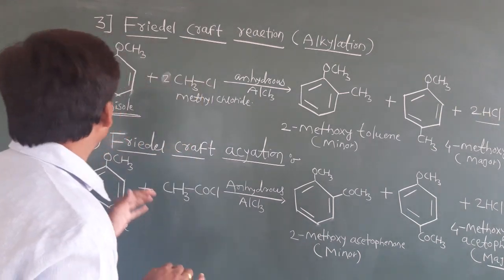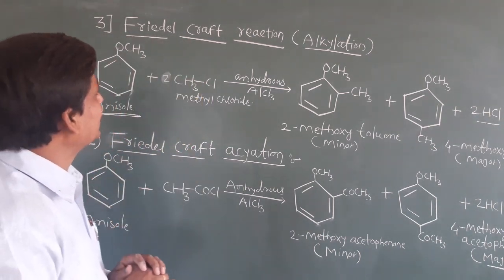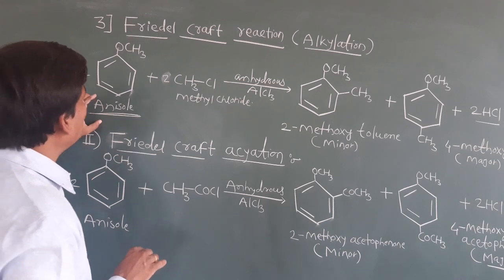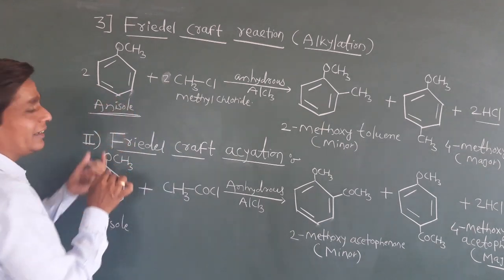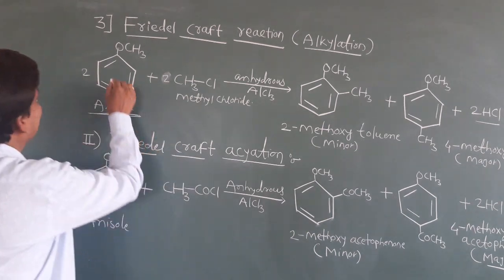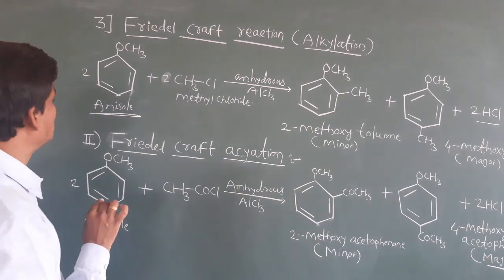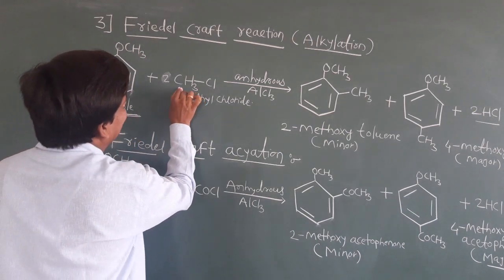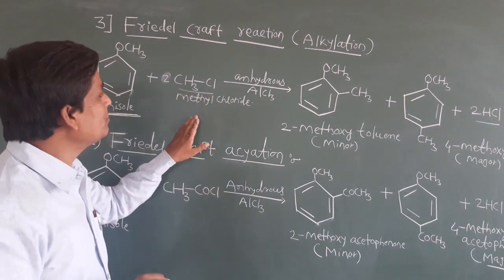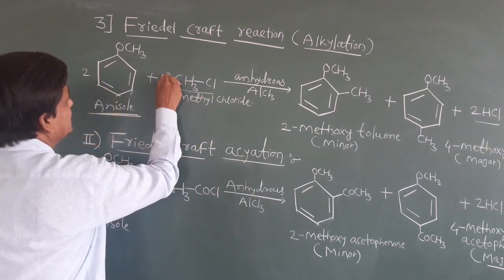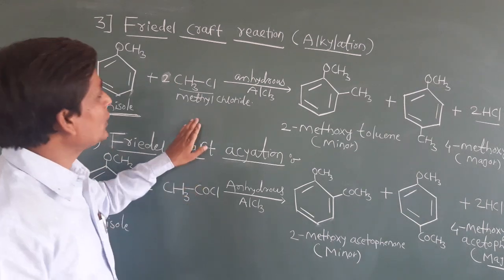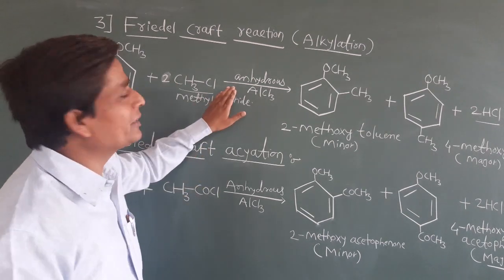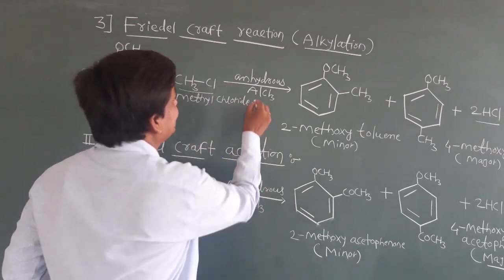So here we'll take the anisole. For Friedel-Crafts alkylation, just see, anisole reacts with methyl chloride. Here I have taken two anisole molecules, benzene ring with an OCH3 group, that is the structure of anisole. And here I have taken CH3Cl, which is nothing but methyl chloride, also two times. This reacts in the presence of